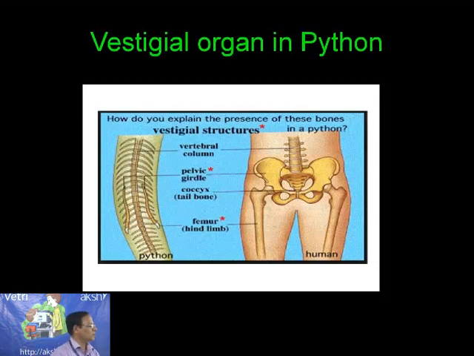So anyway, the vestigial organ here is comparable to the pelvic girdle and hind limb skeleton. The hind limb is reduced to the form of a small white structure. Here it is represented, and of the pelvic girdle, only the ischium bone alone is present. It is also highly reduced, exhibiting what is called the vestigial organ in python, the snake. Because of non-usage, in the case of python, the hind limb is highly reduced, and so also the pelvic girdle.